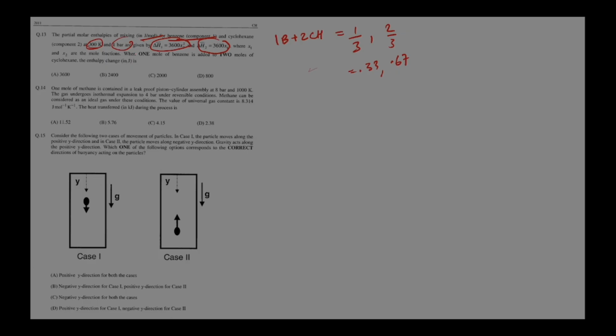Okay, so we know that for the change in enthalpy, we have to find del H, and we know that del H is x1 del H1 bar plus x2 del H2 bar. That is, if you find the volume, it is x1 v1 bar partial molar volume plus x2 v2 bar partial. This is the standard formula for volume. So similarly for enthalpy, the change in enthalpy is del H. X1 is